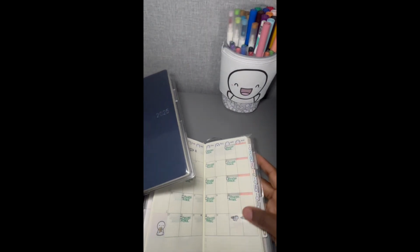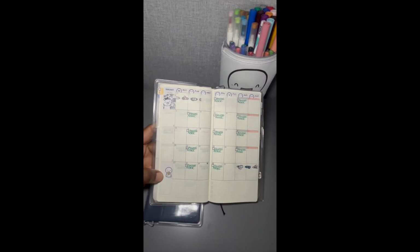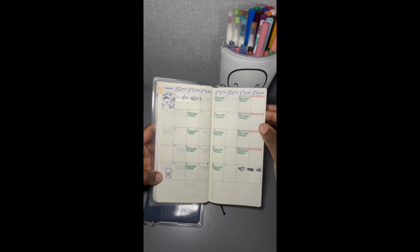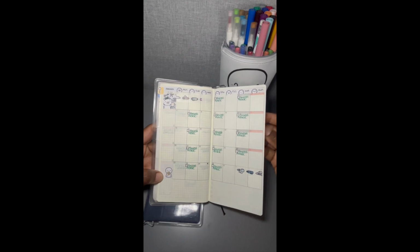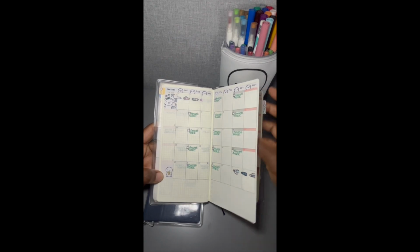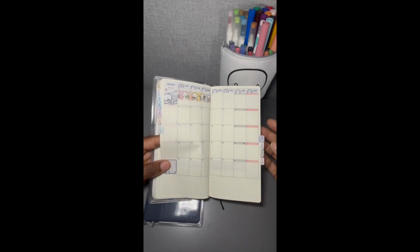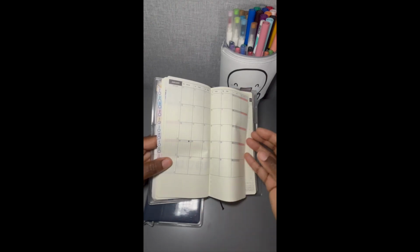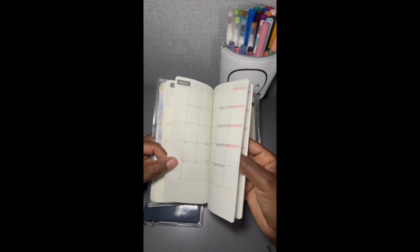So that's just a little sneak peek into my French journal and my Arabic, and the reasons why I don't club the two together, because I feel like it would get super confusing. I don't think I want to merge them like that because it would make it a bit more confusing for me. So if we go into the actual weeks part of the Arabic,